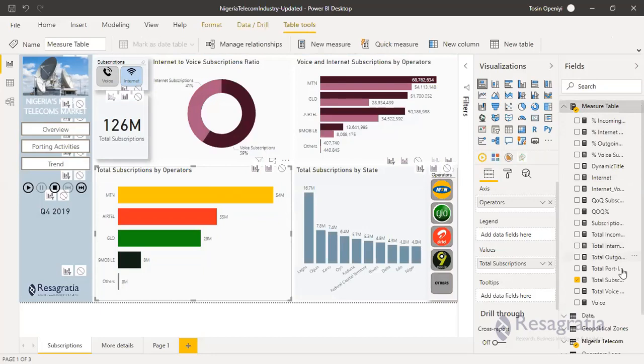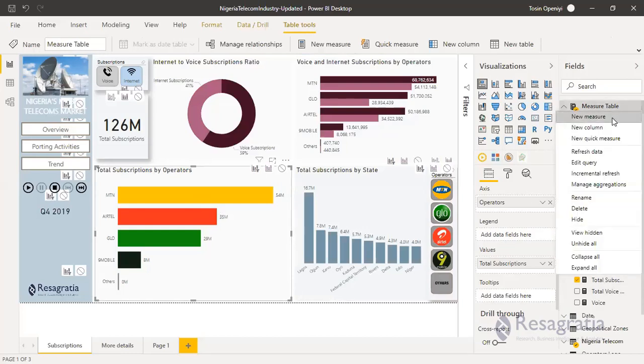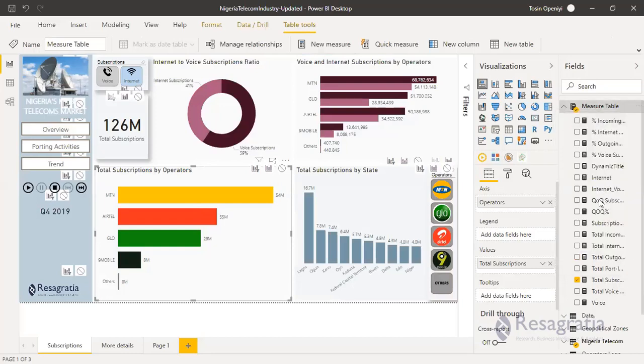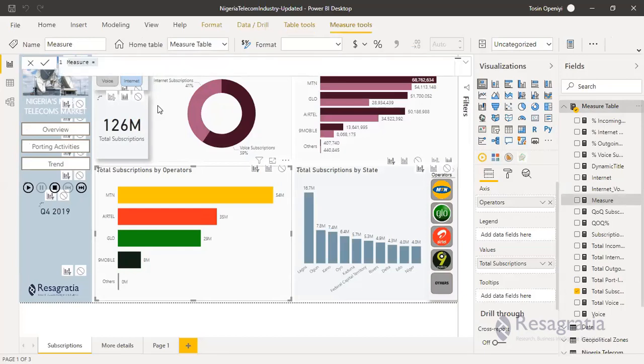I don't need to reinvent the wheel. Yeah, cool. Let's write the measure. Say new measure. Call it dynamic title two. It's even one that will work for both.